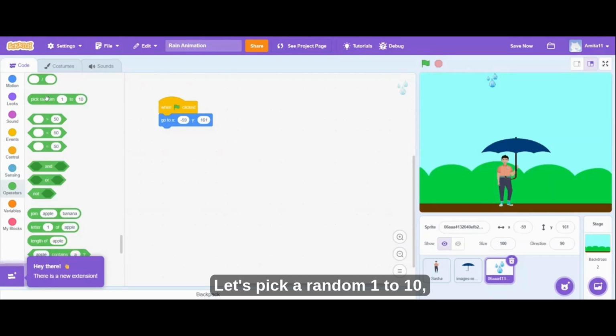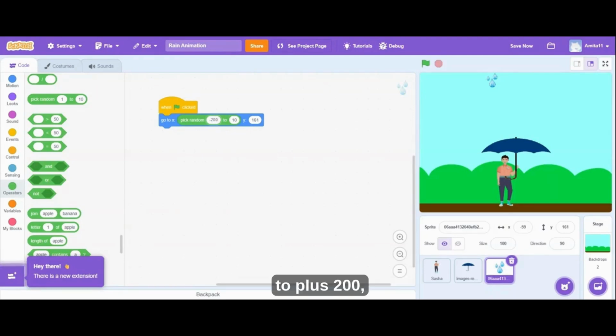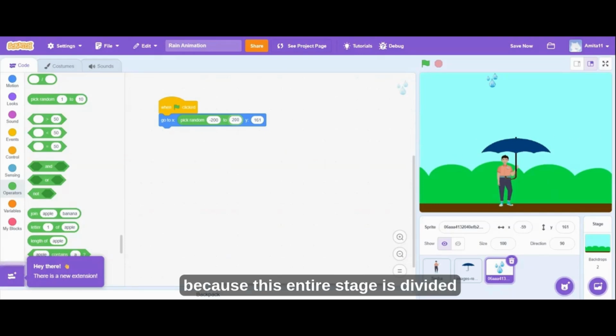Let's pick random 1 to 10, through which we can simply give any random numbers. I'll give it as minus 200 to plus 200 because this entire stage is divided into x-axis and y-axis. From the left, it is negative for the x-axis, the center is over here, and towards the right, it is 200. And from the top, it is positive 200, and in the center, it is 0, and towards down, it